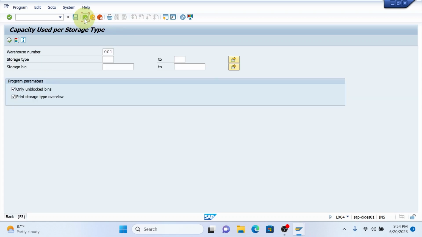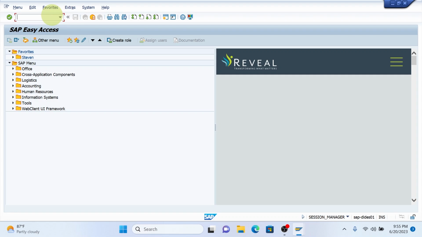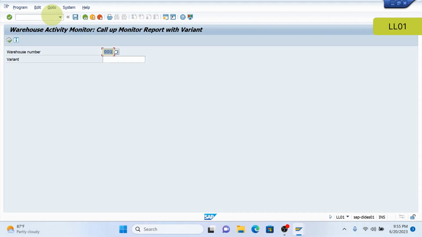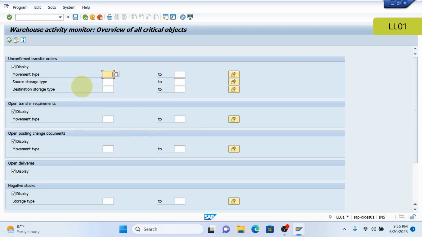Probably the most critical is going to be your warehouse activity monitor. So your warehouse activity monitor is going to be LL01. LL01, you'll enter your warehouse number. You have options here as far as entering movement type, storage types, etc. Or you could just go ahead and click right